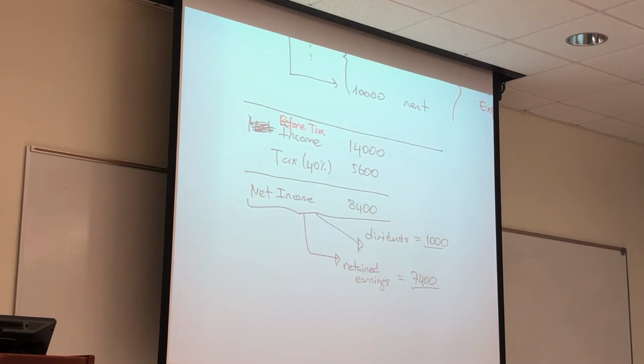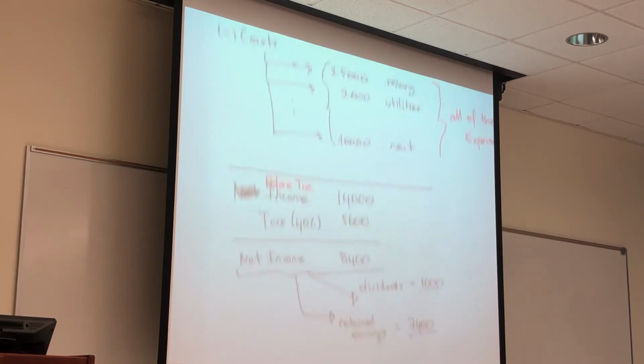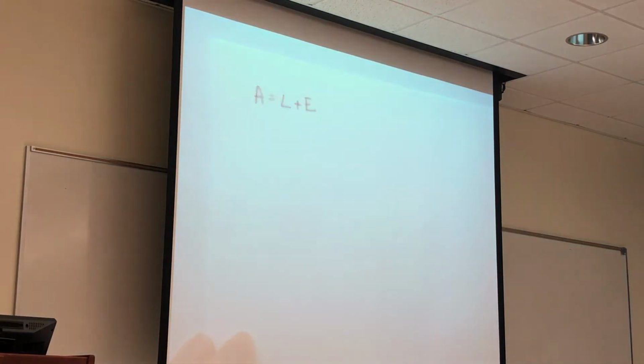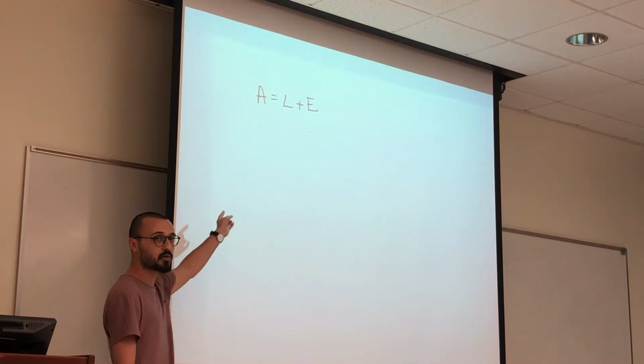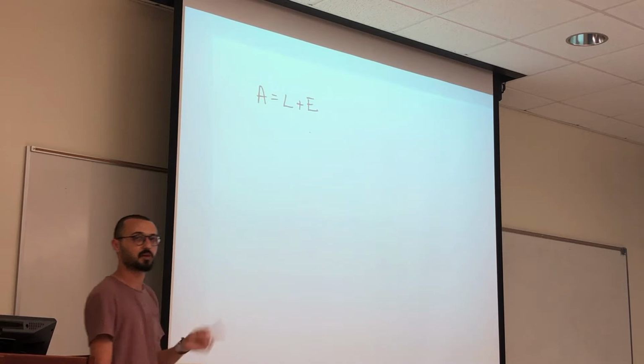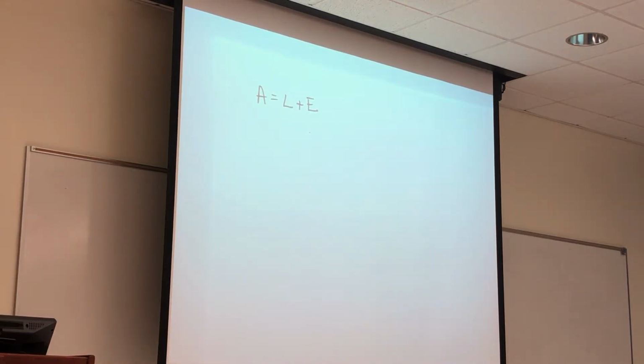Right, so we did the income statement. Let's go and do the balance sheet. This one's my favorite because it has my favorite equation in this whole class, which is assets equals liabilities plus equity. This is feedback on your results. If your assets do not equal liabilities plus equity, you did something wrong. And if they're equal, you're probably right, but you might still be wrong. But don't worry about it. Always check ALE. Always check that.